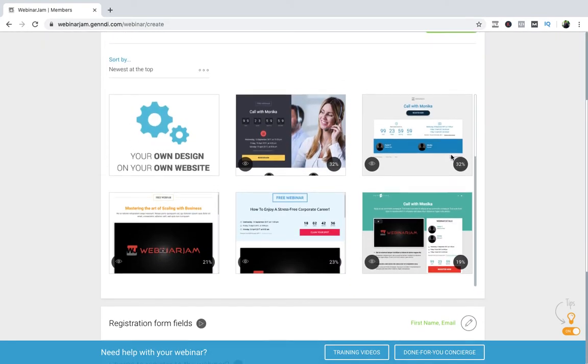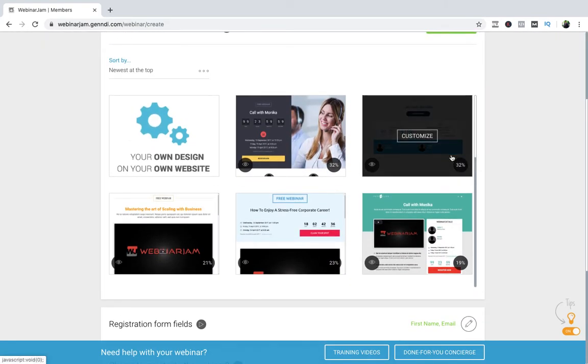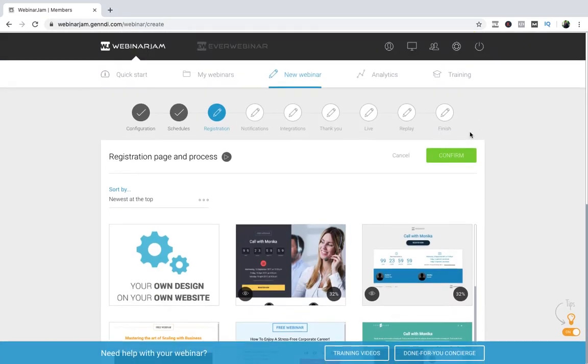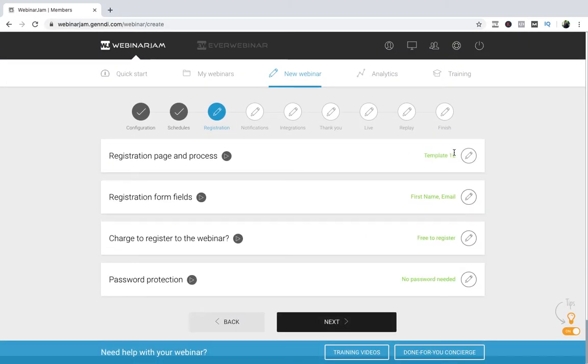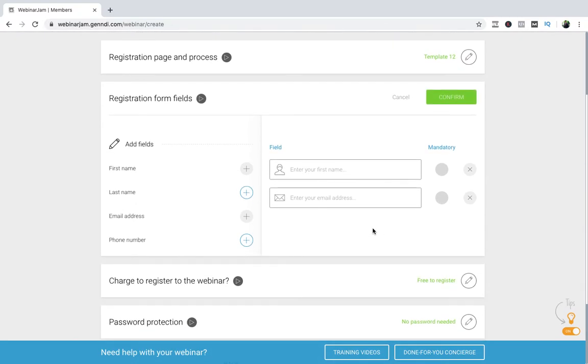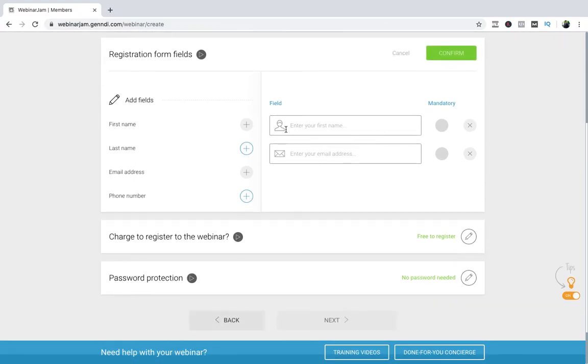Now this is, now just confirm this. Now registration form fields.